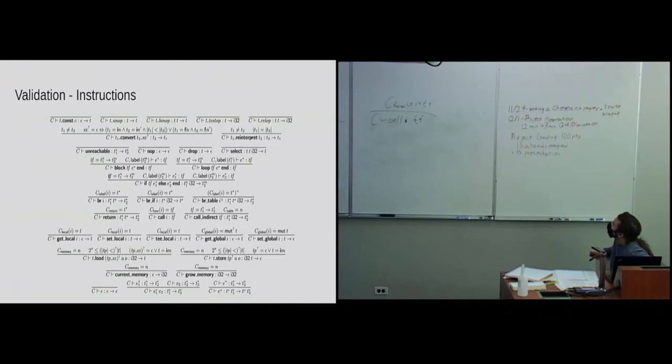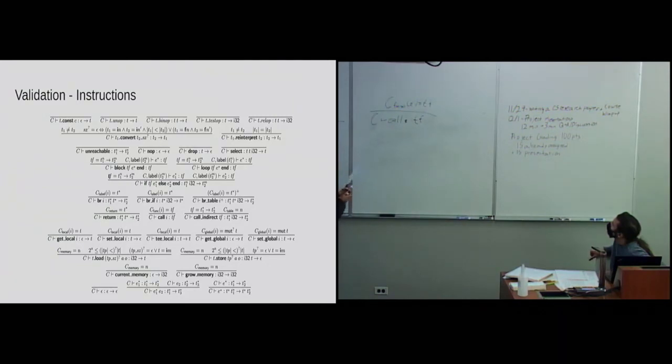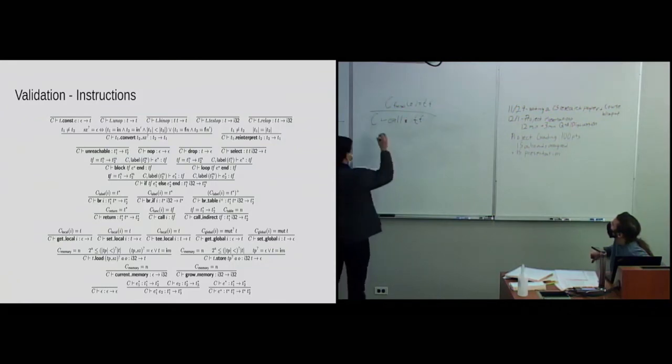However, for call indirect, since you're calling something from the function table, which you don't necessarily know the type of, or it can't really statically determine the type of it, since the function table can be modified during runtime, it's a bit more complex. So for call indirect,